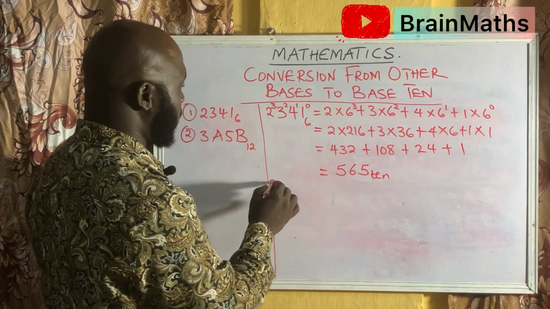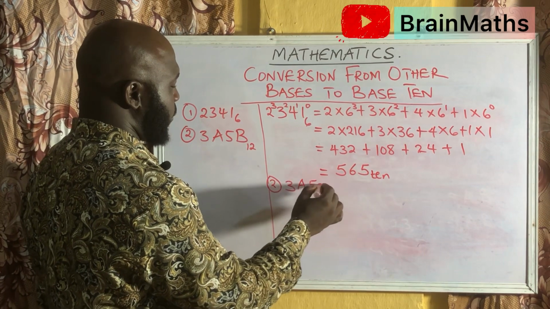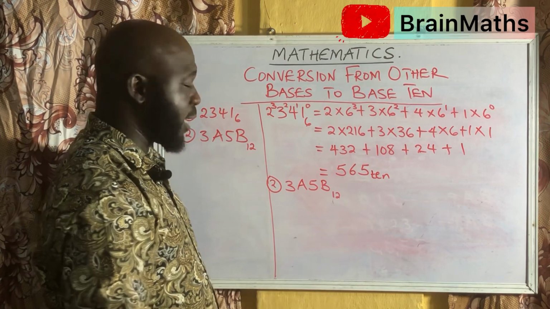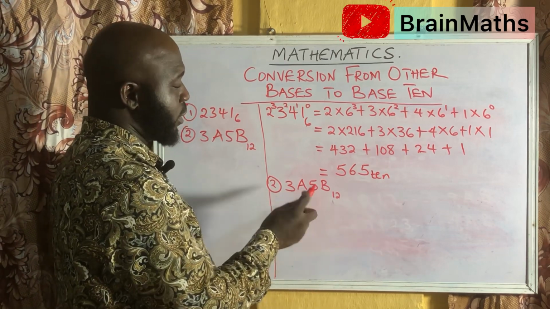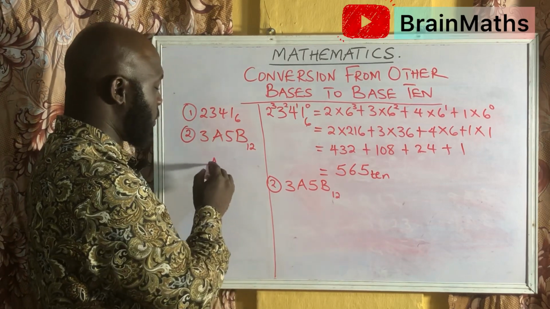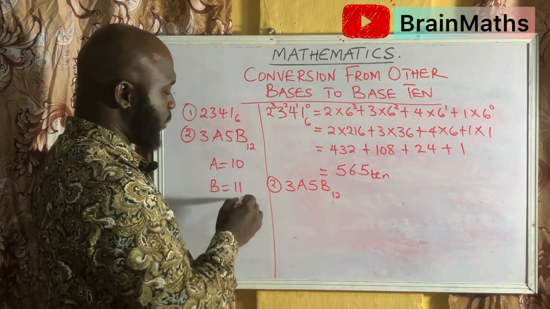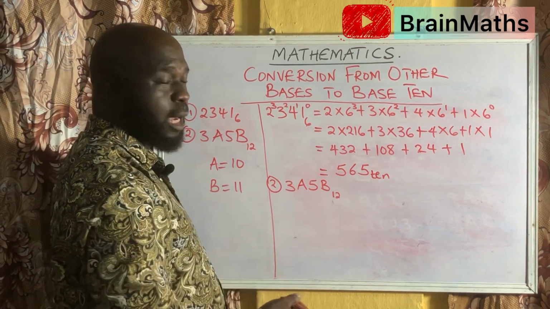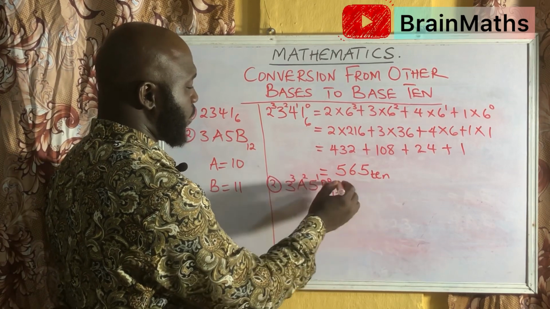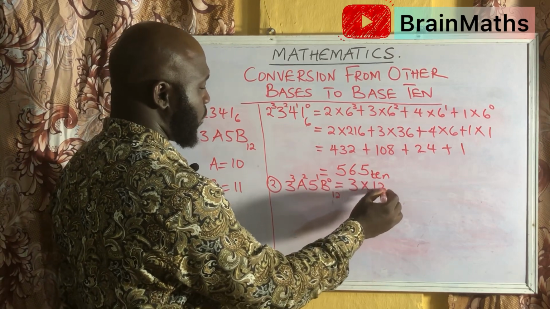And looking at the second one, which says 3A5B in base 12. So don't forget, like I said earlier, that anywhere we have A, it is representing 10. And anywhere we have B, you can notice that your A is 10 and your B is 11. So expanding this out, don't forget to give them their powers, will give us 3 times 12